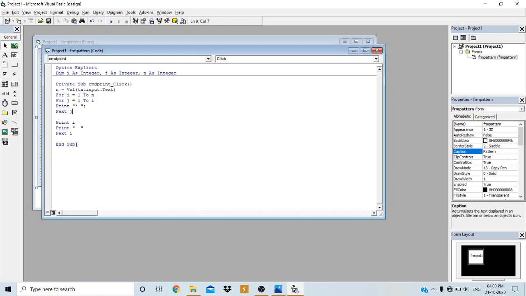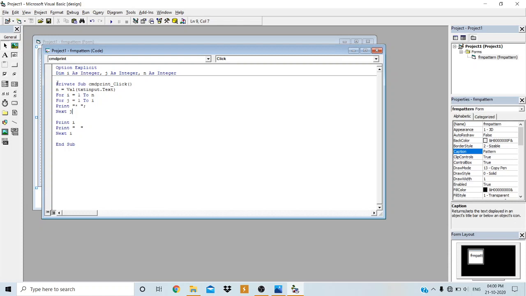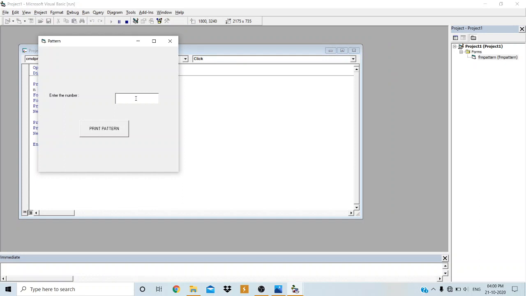So this is how the application works. You can observe here one more time. I will run the application and show you. This example I have explained by taking the input value 3. This complete tracing I have done by taking the input value 3. If I provide the input 3 and print pattern, see, this is how it actually works. And if I provide another number, 6, then print pattern, it will work in this manner.